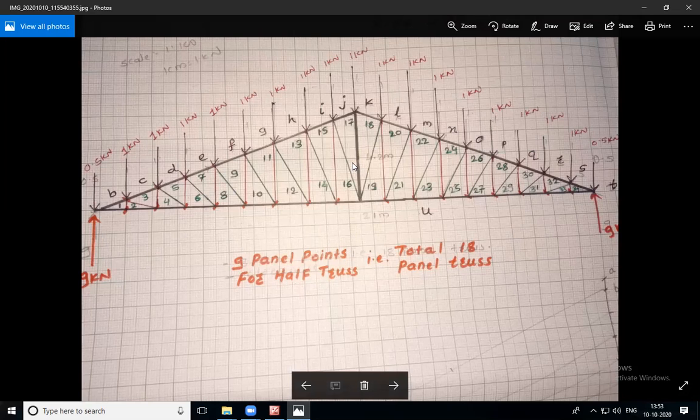Now after this diagram we have to draw a vector diagram. So how to start for the vector diagram? See, basically our vector diagram is a transformation of load into the figure, isn't it? Now here these vertical loads are dead loads. That's why we have to draw one vertical line parallel to these loads.